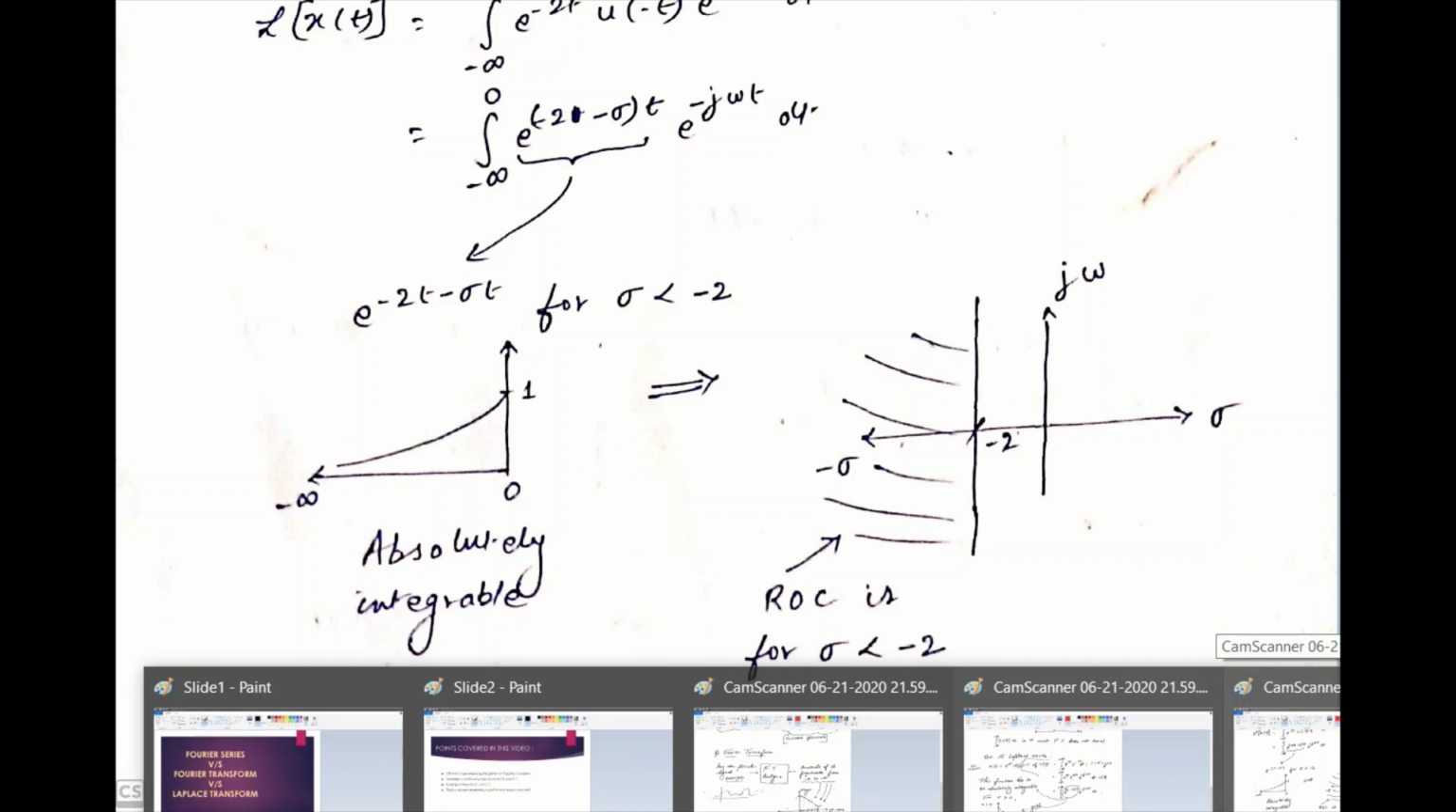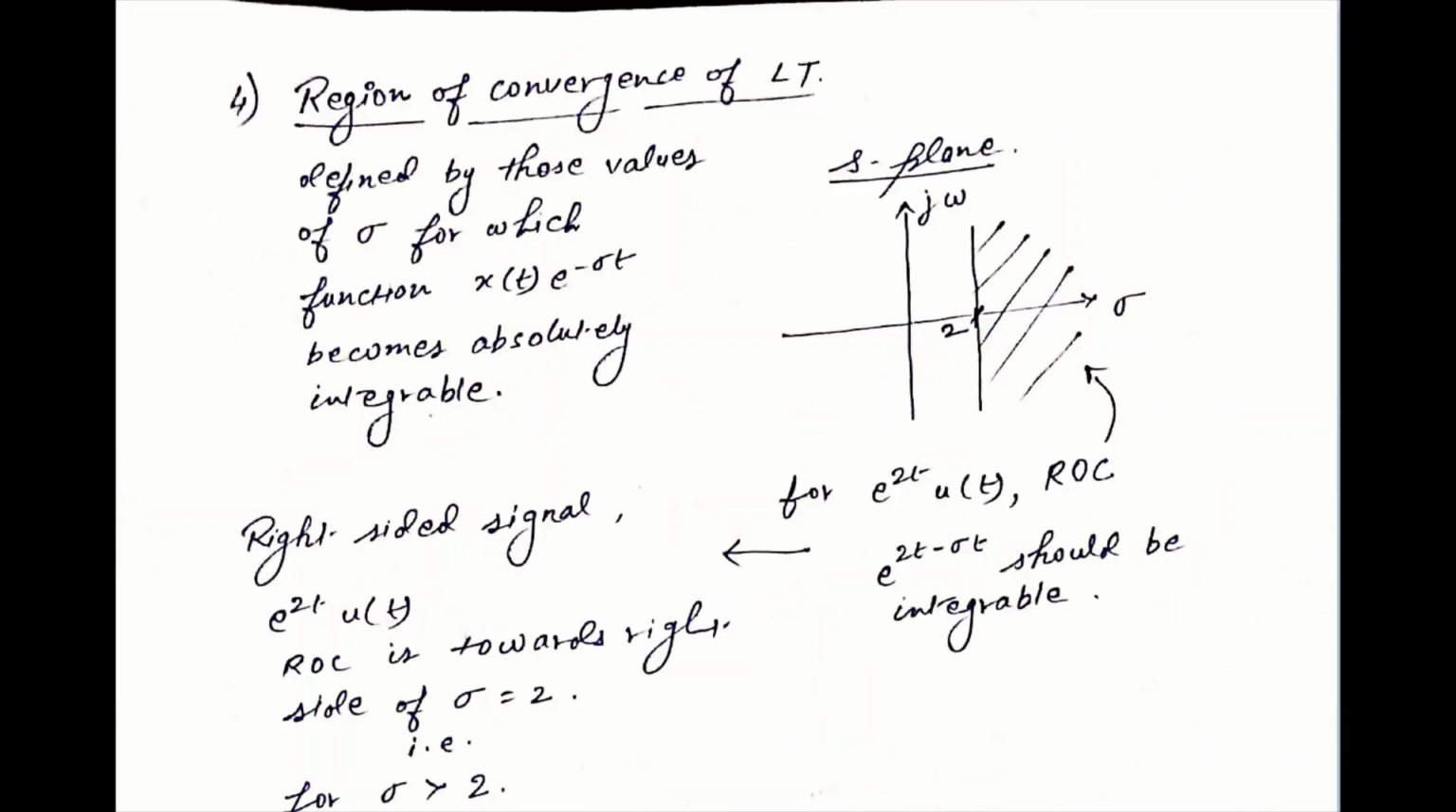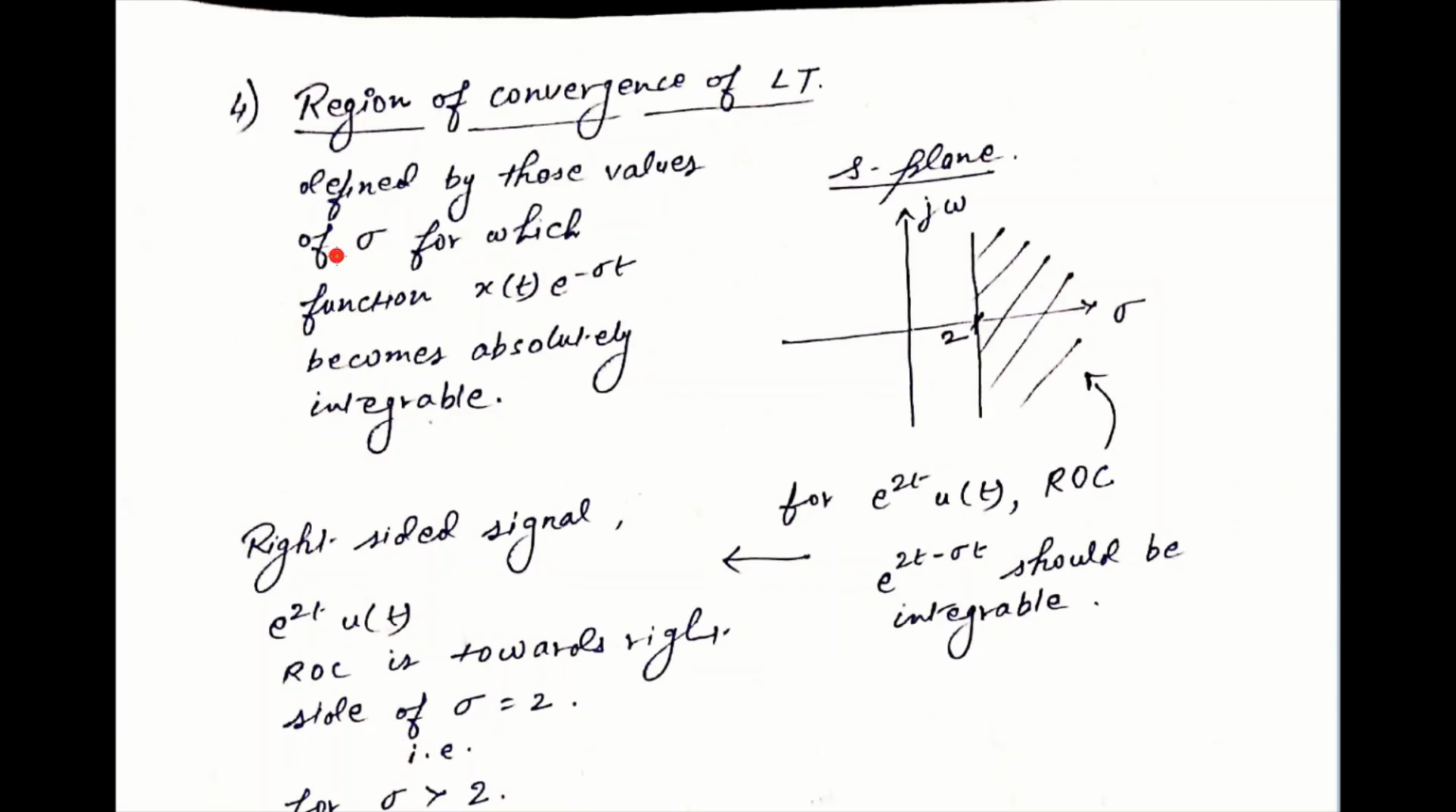So now I want to talk about the region of convergence of the Laplace transform. So what do you understand by region of convergence? Region of convergence is actually an area, a region, which is defined by those values of sigma for which the function x(t) into e raised to the power minus sigma t becomes absolutely integrable. For example,